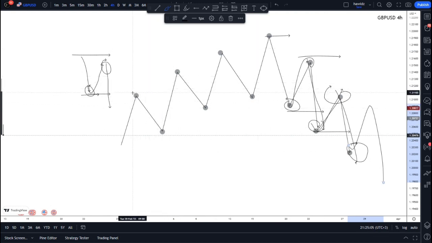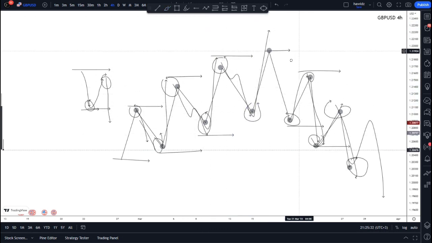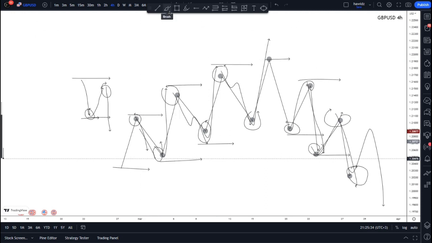obviously going to be creating weak highs, right? A weak high that fails to take out this low, and then price reaccumulates in here and then takes it out over time to create another weak high that fails to take out this low, and then price reaccumulates and takes it out over time, creating another weak high that fails to take out this low, and then price reaccumulates in here and then takes it out over time. So you should notice that in a bullish market, price constantly creates weak highs, and in a bearish market, price